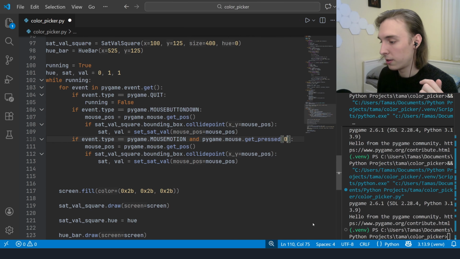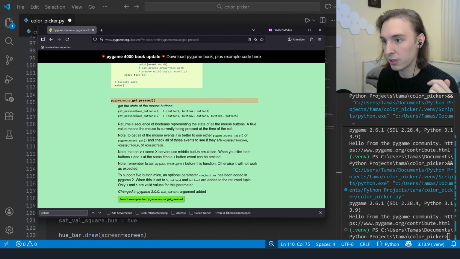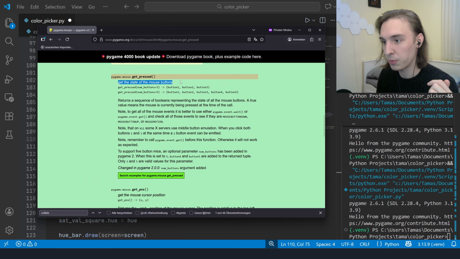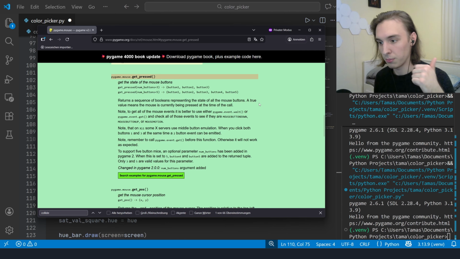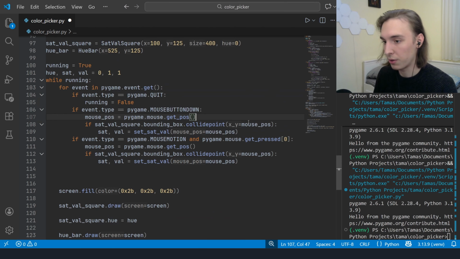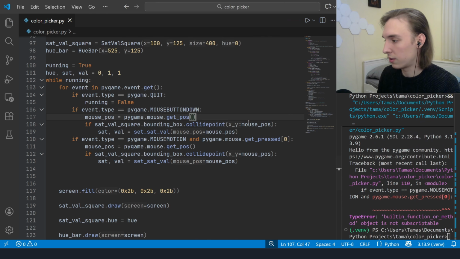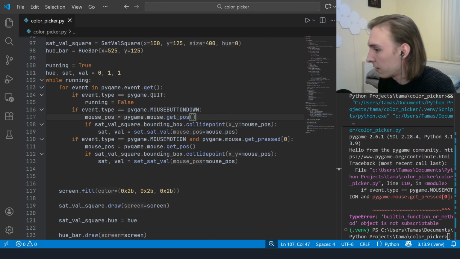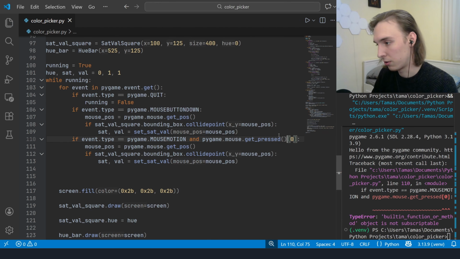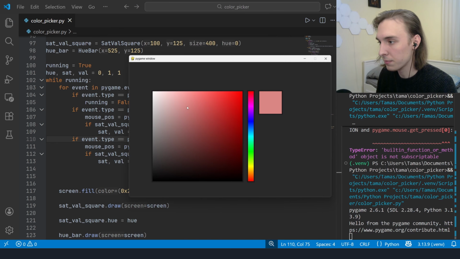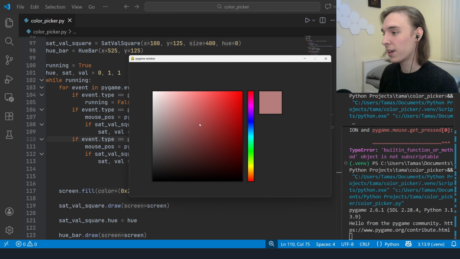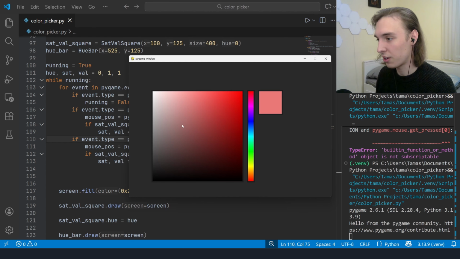Because, yeah, mouse.get_pressed returns the state of the mouse buttons, which again is a sequence of booleans. So it's left mouse, middle mouse, and right mouse. So we need the 0th entry. I think this is not it. Yeah, wait, I need to call the method first and then... Yeah, and there you go. That's more like it. Wonderful. Okay, so I can set the saturation and the value. Now I want to do the same for the hue,